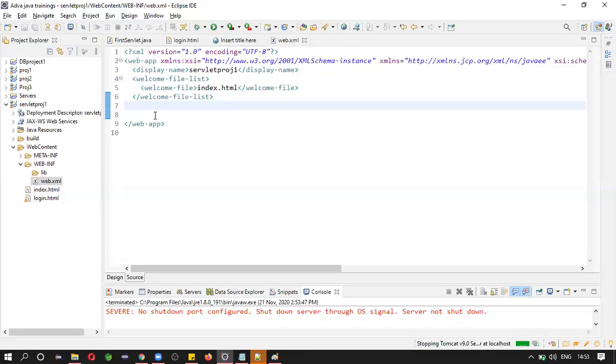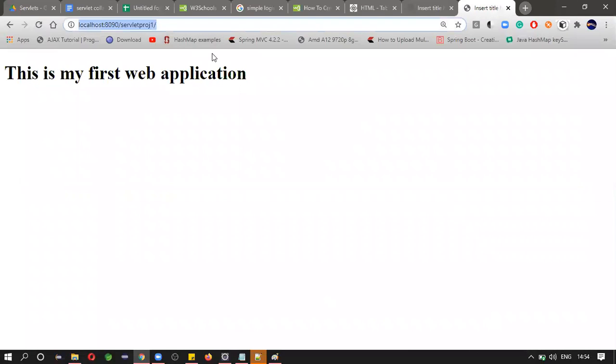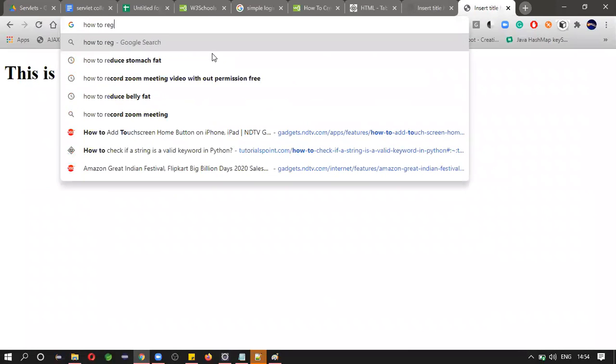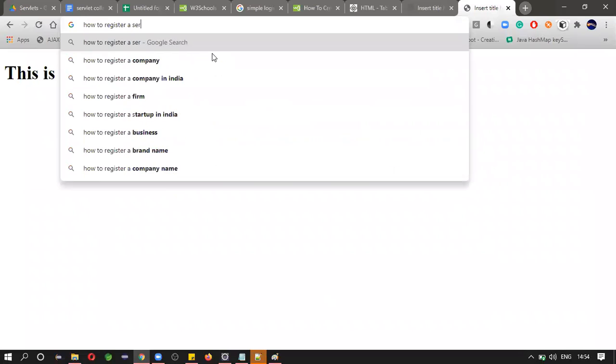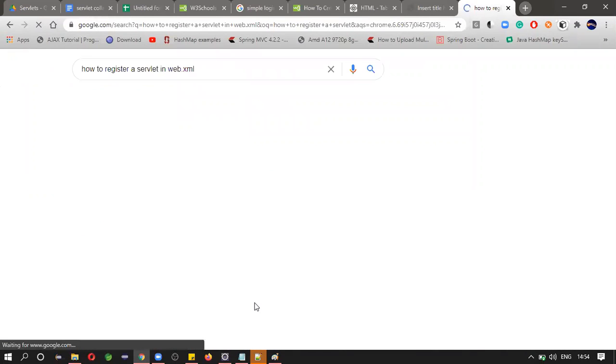How can you register a servlet? Let us see how to register a servlet in web.xml.